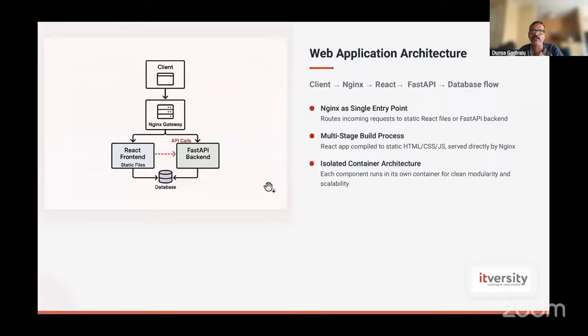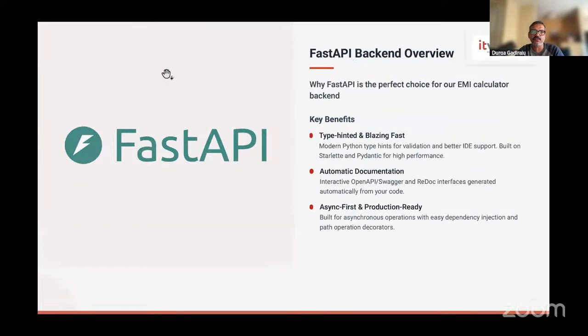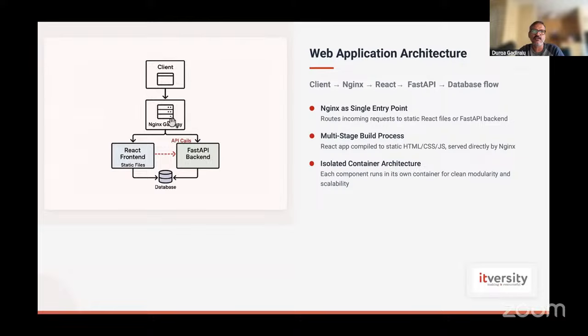This is how a web application can be visualized. So client means your browser. In your laptop, you have a browser, right? So client means the browser for a web application. So that is here at the top, you can see, right? And then you have something called the Nginx gateway. You don't need to break your head too much. Just keep in mind when you enter something like google.com or gmail.com or itversity.com or facebook.com, it goes to some